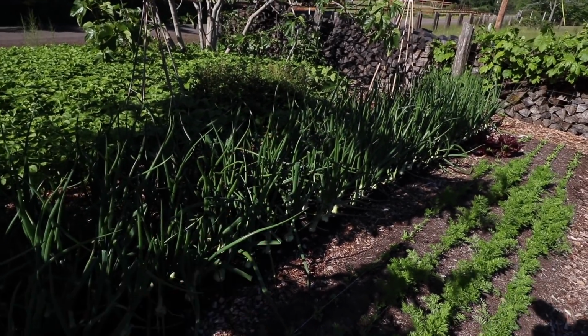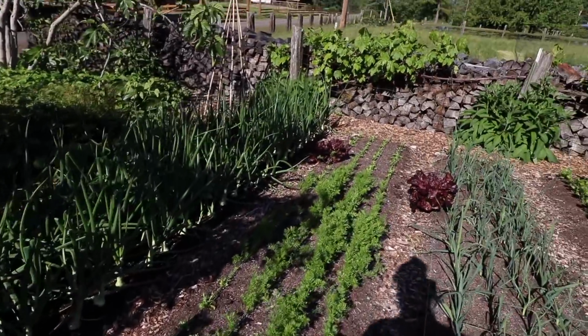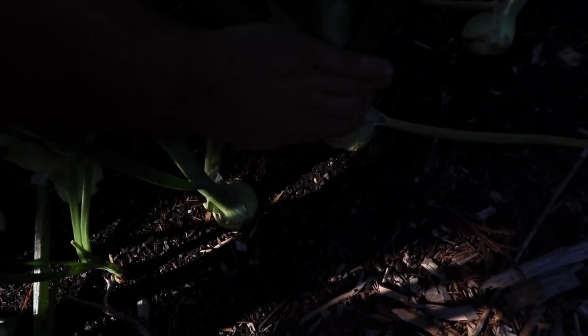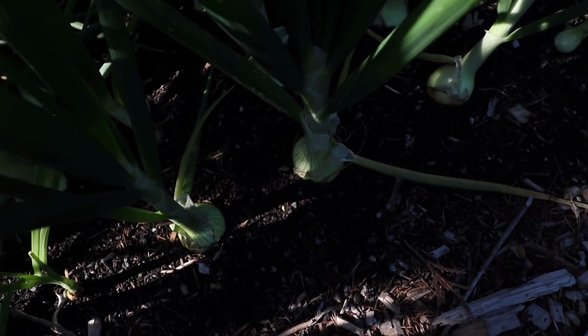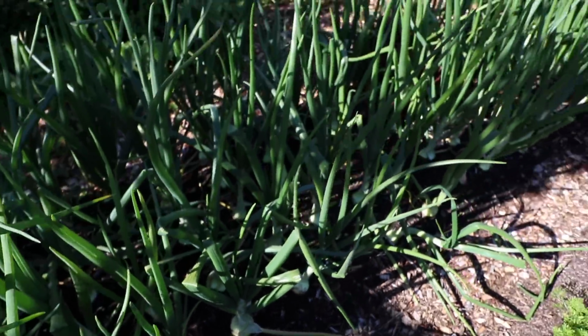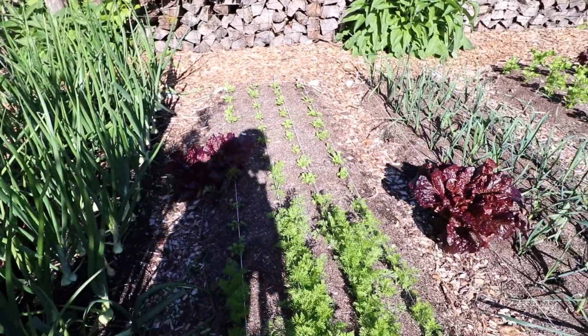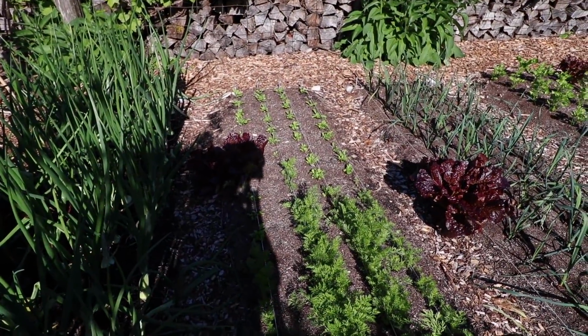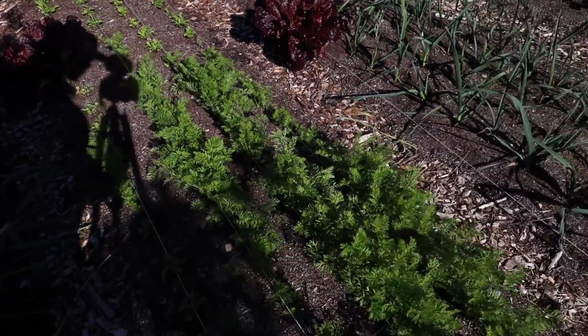Anyways, the bed of Walla Walla onions are doing really good. They're putting on some nice growth. Let's see, hold on. They're bulbing out pretty nice. Bear with me. The bed of carrots,